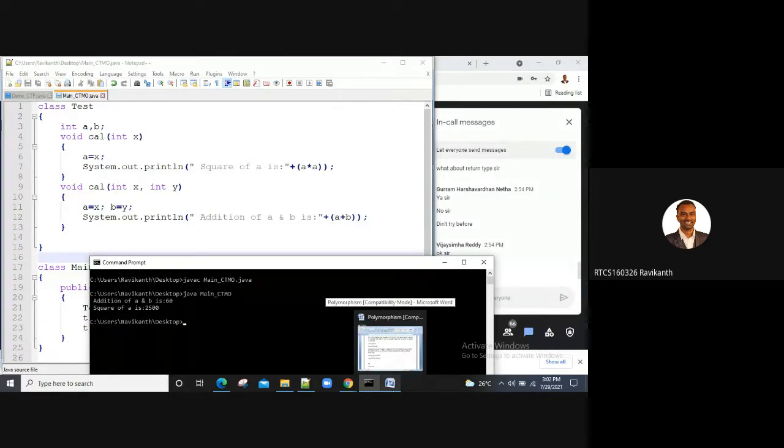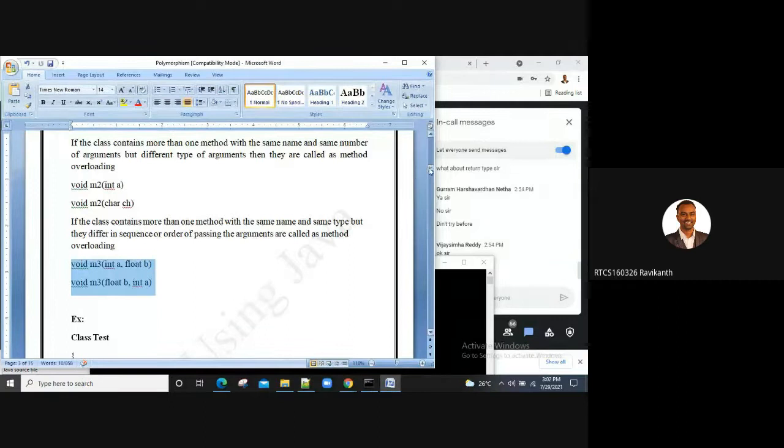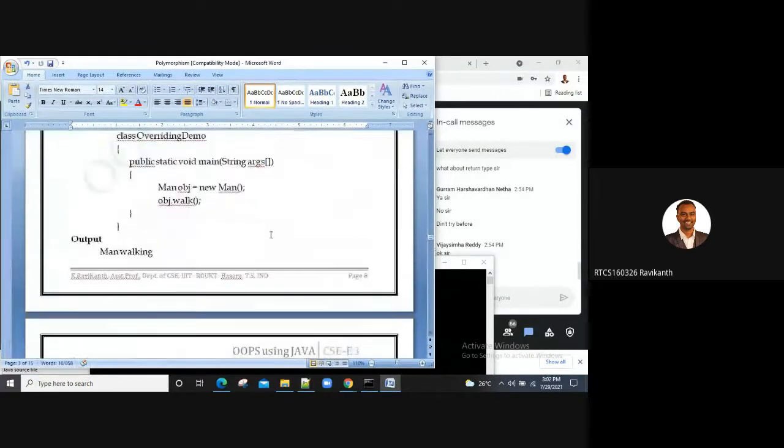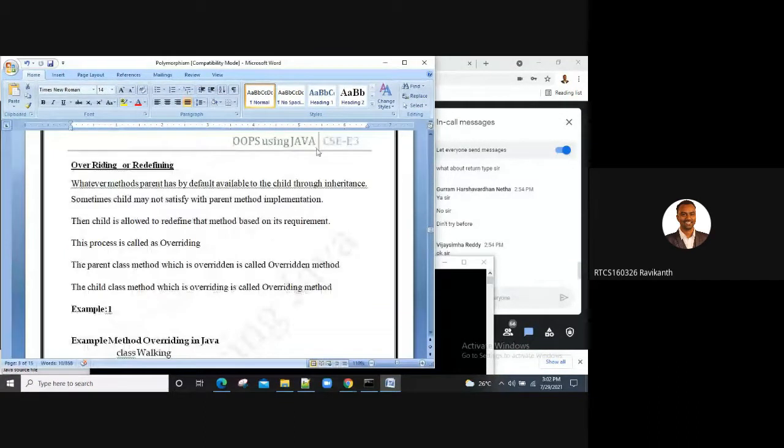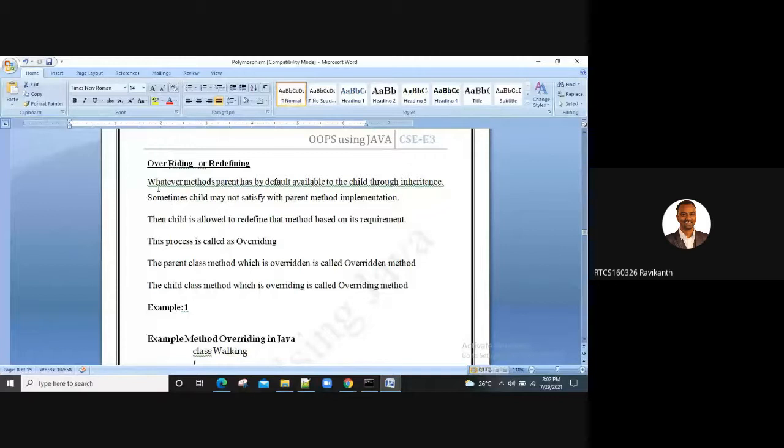So coming back to your method overriding concept. What is method overriding, sir? Overriding of method. When the parent's method is available to the child by default through inheritance, sometimes the child may not be satisfied with the parent's method implementation.